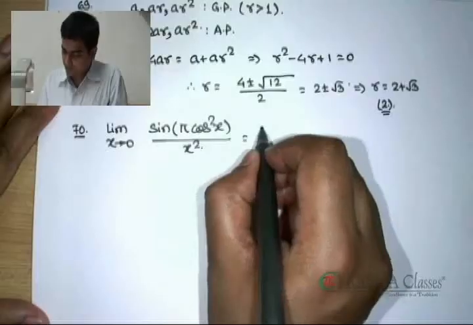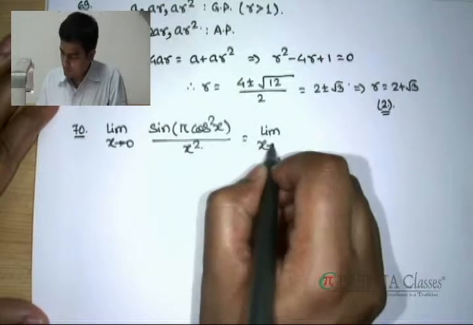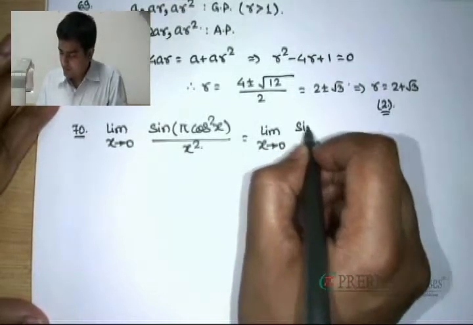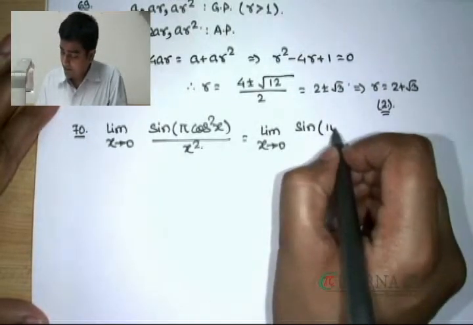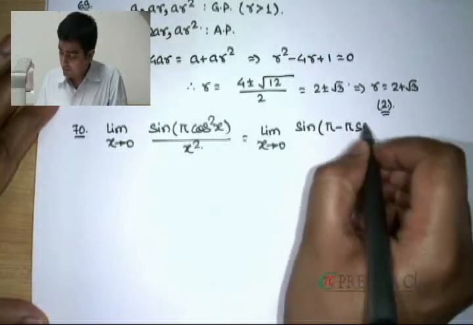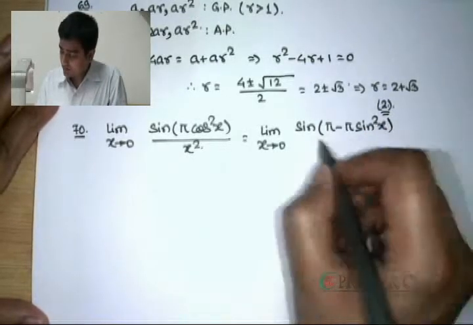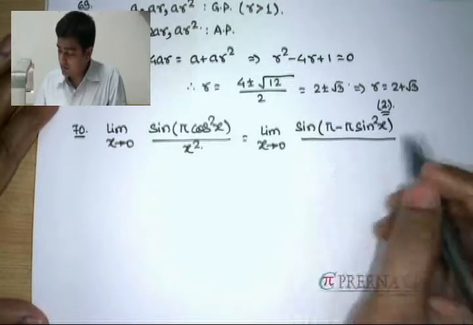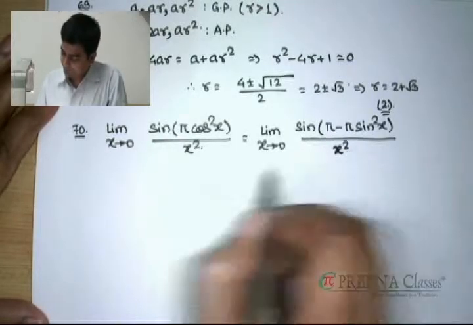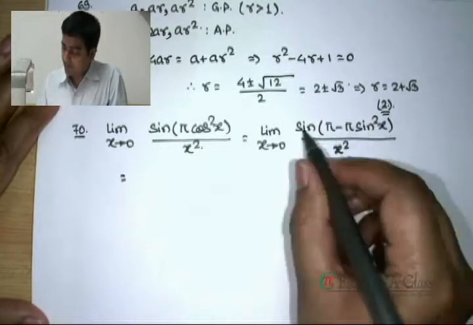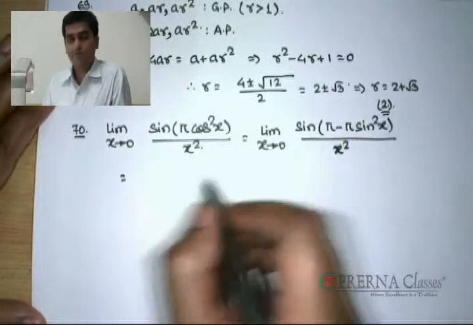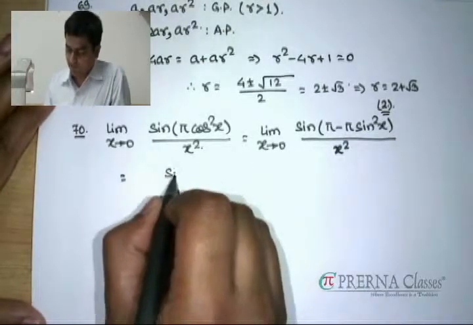Okay, in the next problem, that is 70th one, we have one limit problem. And clearly this is in 0 by 0 form, but when we try to correlate this with standard result, we'll find that if I follow this kind of approach, we take cos square as 1 minus sine square, we'll find that this expression is sine of pi sine square x, which is now approaching 0.